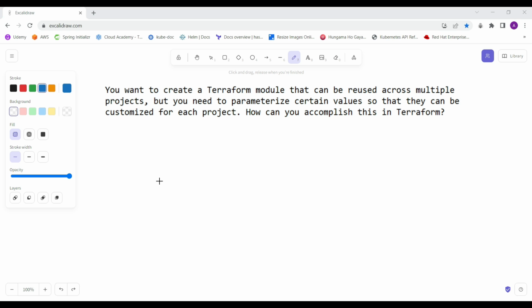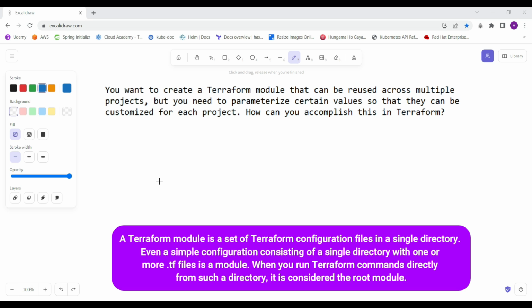So whenever the concern is regarding Terraform modules, this is used to change certain values for the parameters. Some parameter values we set as a default, so that if it is not passed, the default value will be picked. Before proceeding, what is a Terraform module exactly? A Terraform module is a set of Terraform configuration files in a single directory. So we keep some .tf files, which is the extension of Terraform, in a directory, and we call it